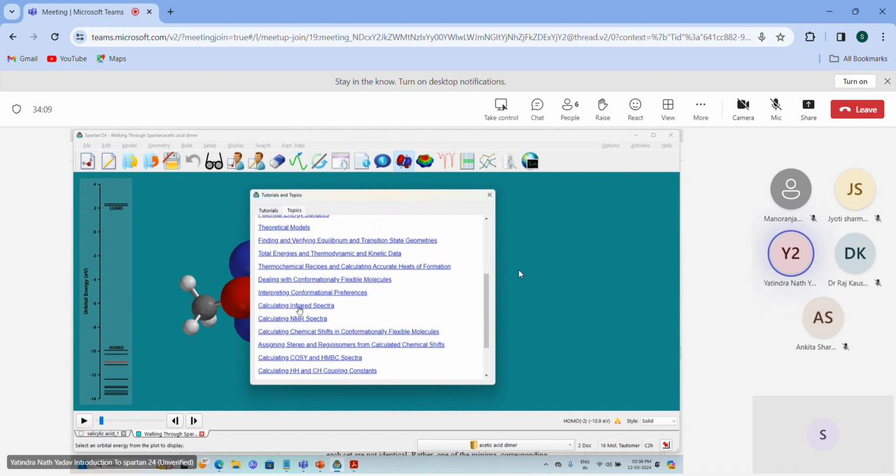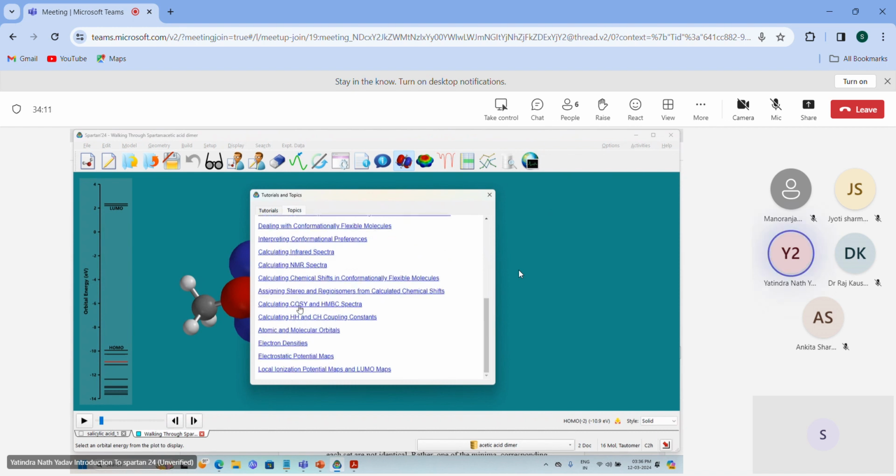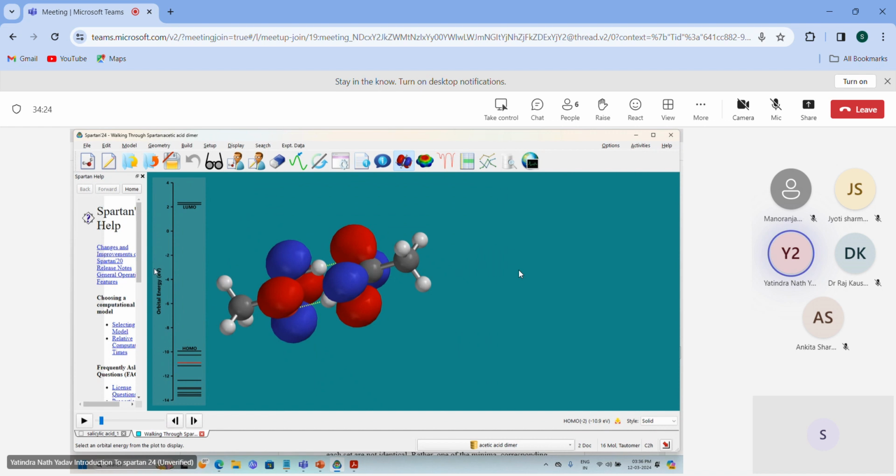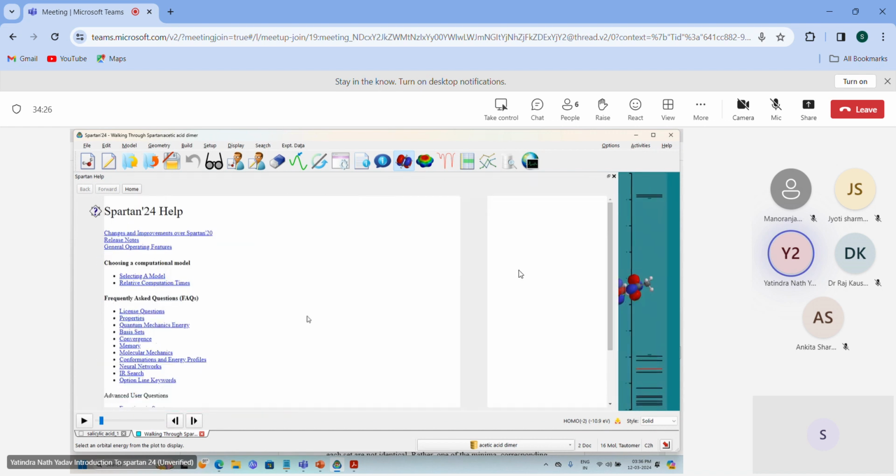Right. Then about the NMR spectra, the conformation energies and everything. Then different types of spectra, electron distributions, the energy maps. And in the help section, if you click on the help section, this will give you a detailed idea: the release notes, what is new in the software. Then this will also give you the idea about